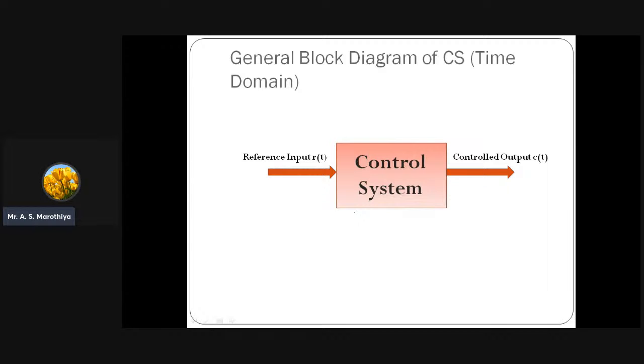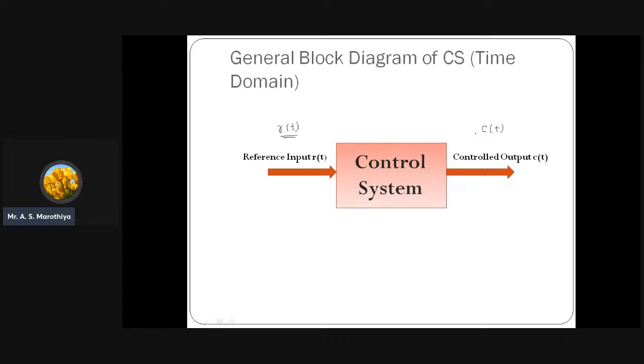So this picture indicates the basic general block diagram representation of a control system in time domain. Now how to identify whether the system is represented in time domain or not? Just look at the reference input signal and the controlled output signal. Reference input signals are normally indicated by symbol small r of t in case of time domain representation. Now this input, when you apply it in the form of excitation, depending upon the objective of this particular system, it is going to generate some controlled output as a response, and the controlled output is indicated by symbol small